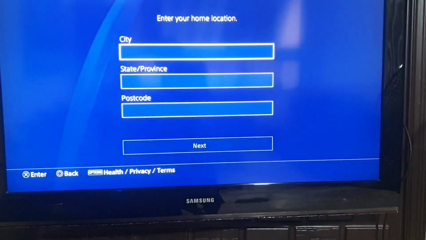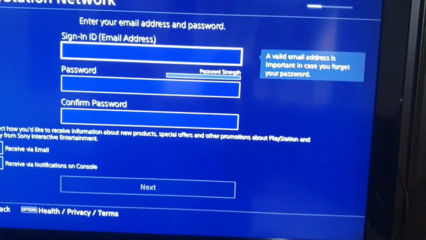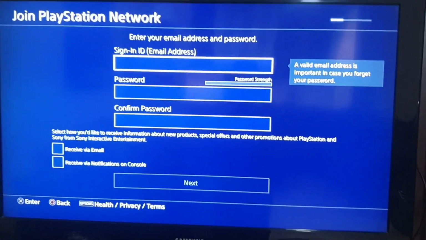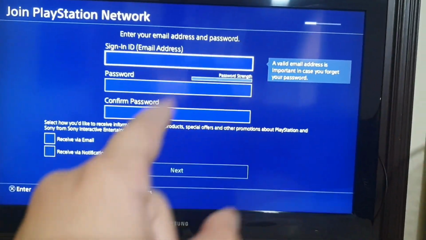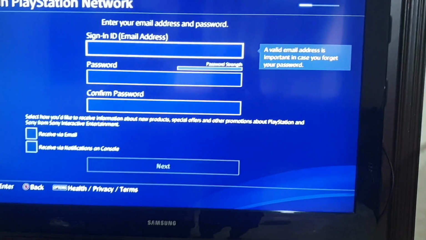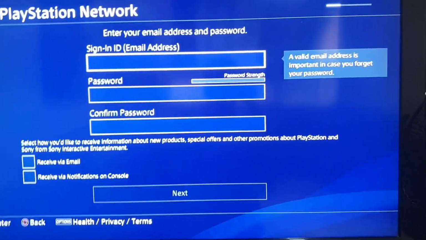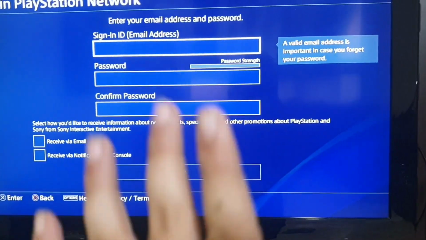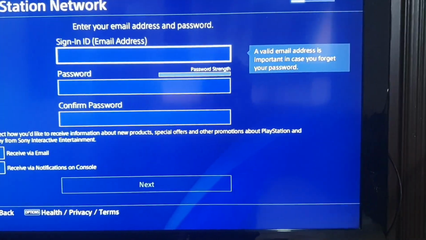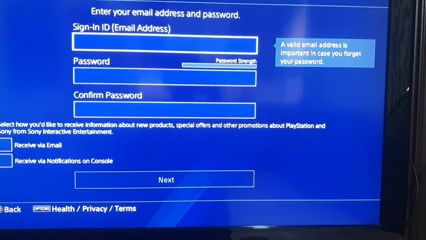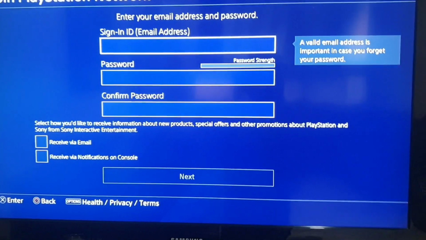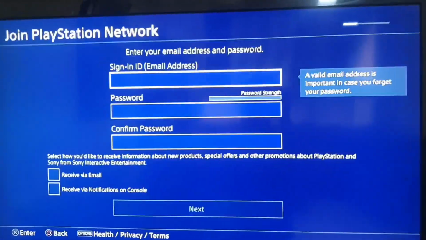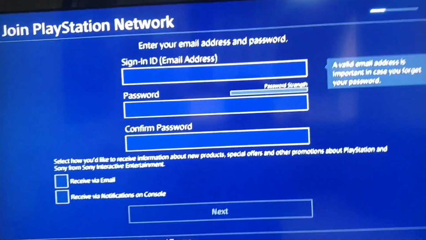Then you put your city, and after you put your postcode and the city, you put your ID or email address, like I'll put mine. Then the password of the PlayStation, not the email address. Then you have to put the password again.